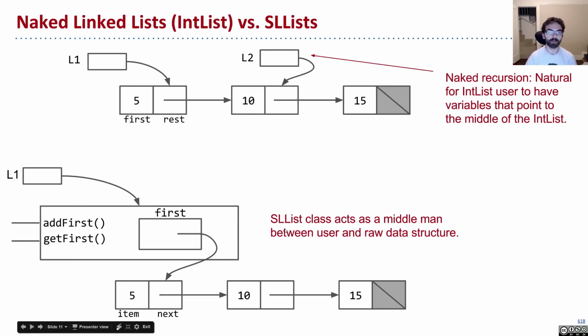So a visual picture of this whole story, on the top, we see the naked recursive data structure, where crucially, anytime we're working with a list, we have pointers directly into the raw stuff of the list. I may have one variable that points to the front of the list, another variable that,